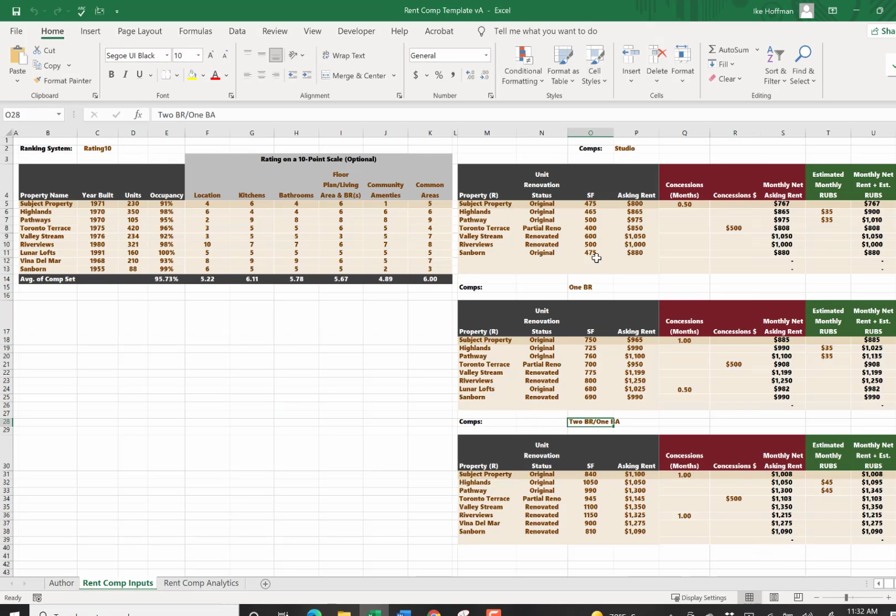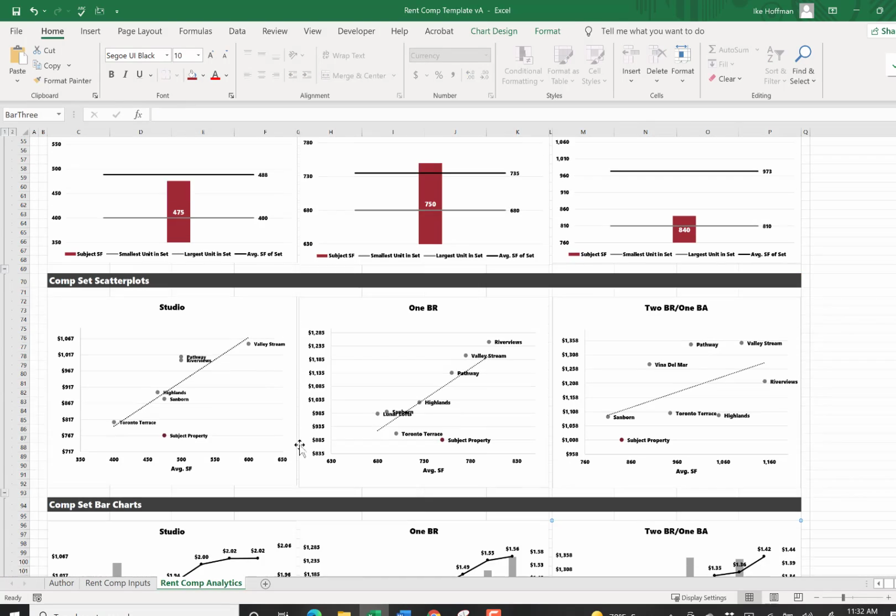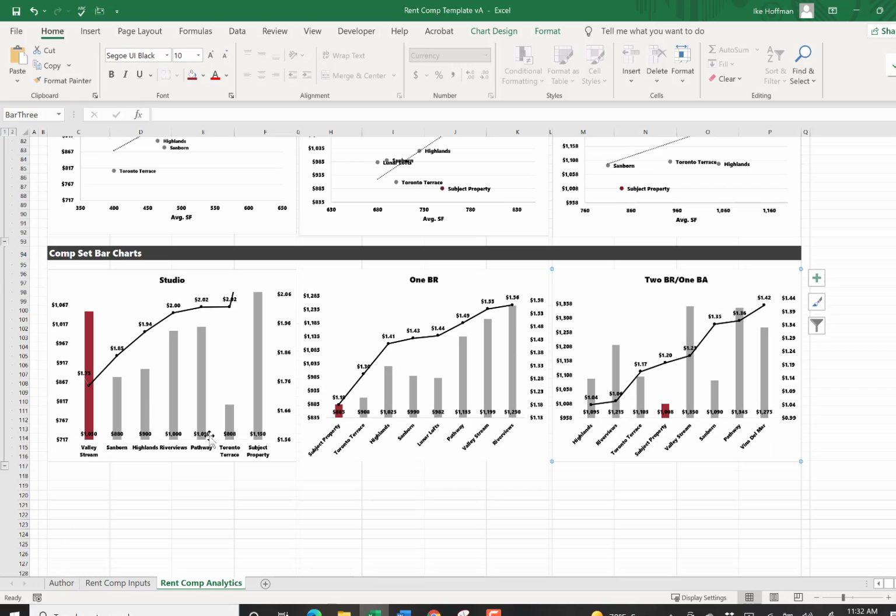So let's go back to our data, and I'm just going to change this rent to $1,200. The studio rent to $1,200. So now when we come down to our charts, you can see since I changed the rent to $1,200, the subject property is now the highest rented studio in